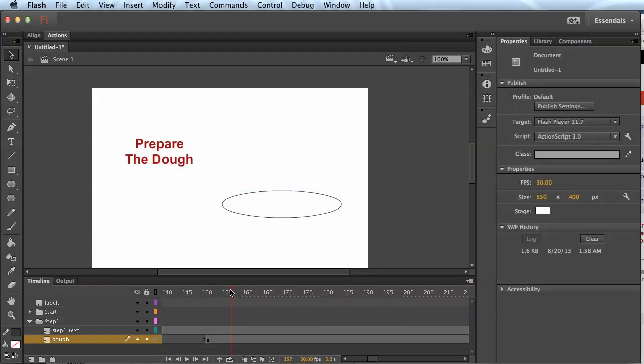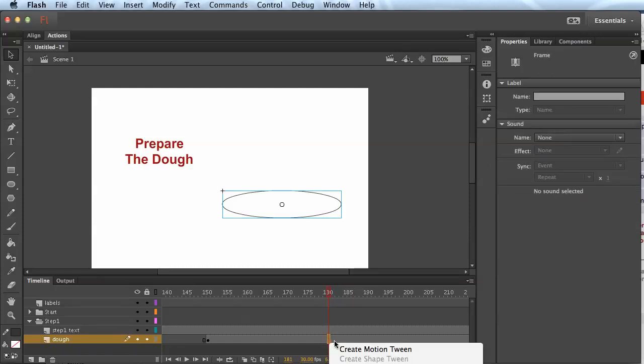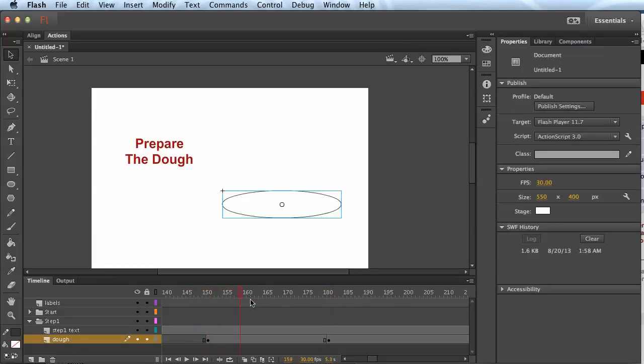Now we can animate or do something with it. In this case, we might want it to fade in. So let's say we take 1 second to do that, so 30 frames worth. I'm going to right click and insert a keyframe. So now I have 2 keyframes of the same thing, and now I can change what happens in between with